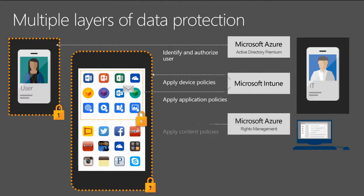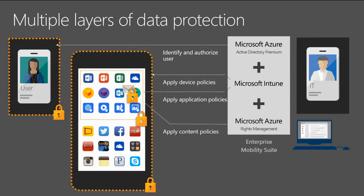And the last one that I mentioned a little earlier is Azure Rights Management. This is where you can protect the files at the file level, so it doesn't matter where the file travels. If somebody steals your device and they copy the file and move it to an Android device, or move it to a Windows server, the file itself is protected and only lets the user with access actually open it. Together, as I mentioned, all of these services are part of the Enterprise Mobility Suite